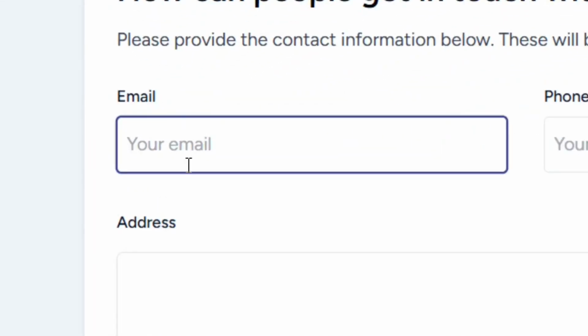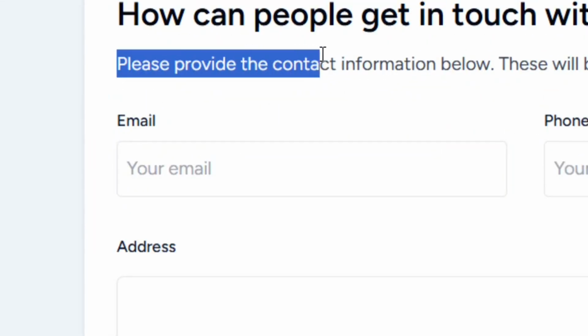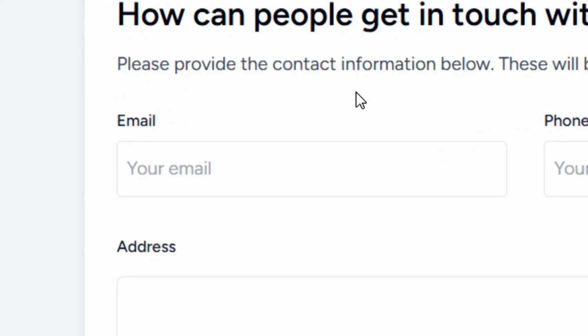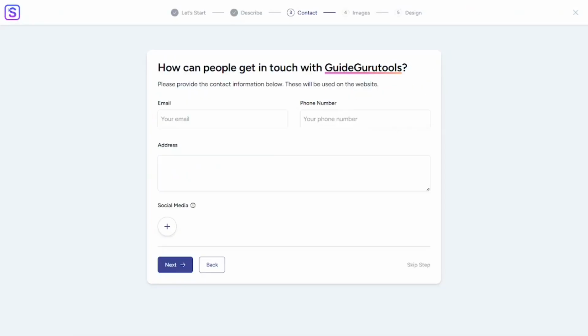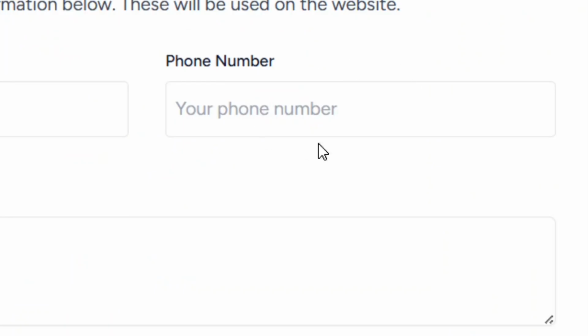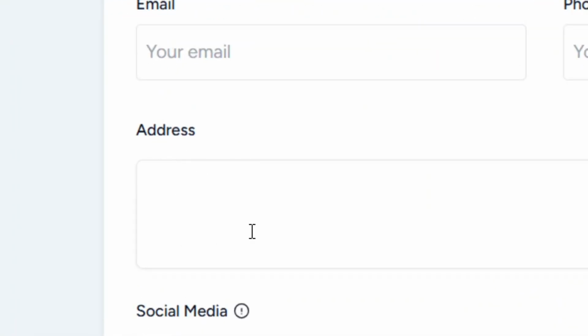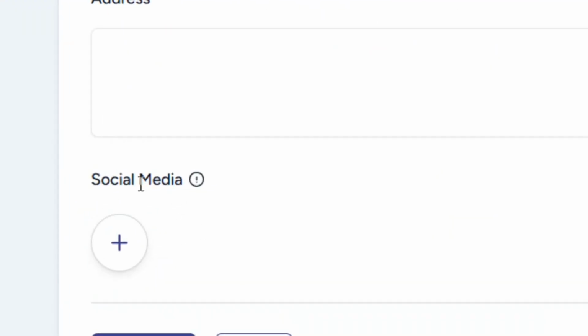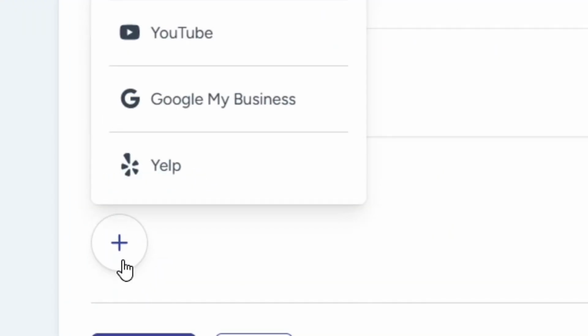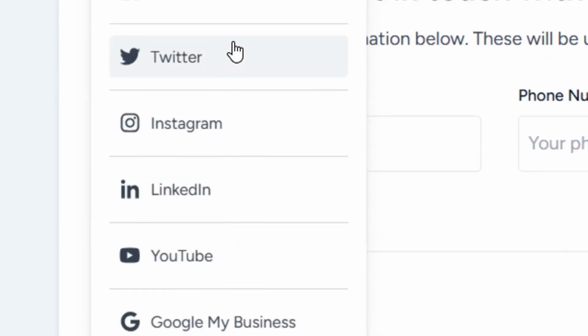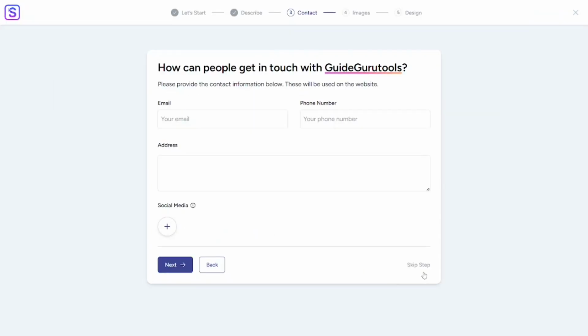And then after clicking on the next, over here you have to provide your contact details. Okay, so the contact, we have the email, you can put it here. After the email too, we have your phone number, you can put it right here. You have your address, you can put it here, and then you have your socials. You can click on the plus and then add any of the socials. It is your contact. Okay, that is what people are going to use, but I'm simply going to click on